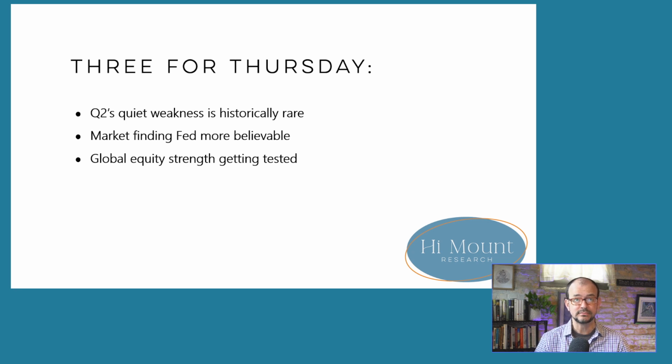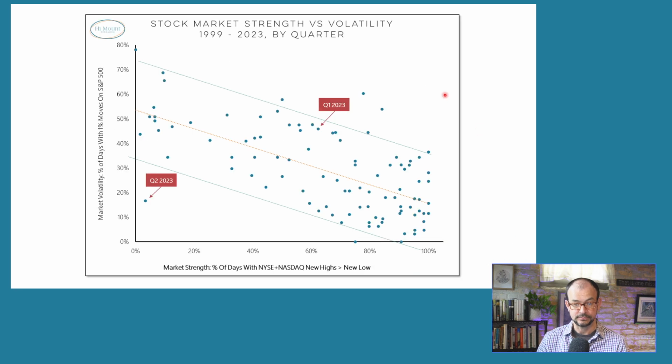Second area, look at this ongoing disconnect. It's a little less of a disconnect between the Fed and the market in terms of where rates are going. And then we'll finish with a look at, from a global perspective, global equities have been leading, and some of that strength has started to be tested. So we'll look at what we're seeing there, and then look at some implications for all 3 of those in the context of our macro-based relative strength ranking. So that's the path, 3 for Thursday. Let's get right into it.